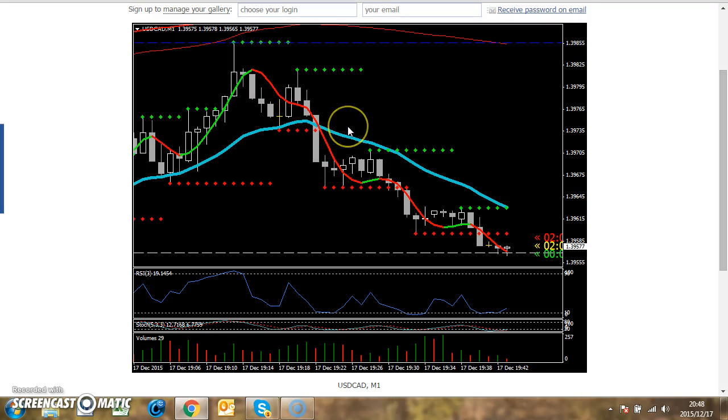Again, we are now between the two extreme indicators. What I have here is this indicator. This is a very simple indicator. It's a 20-day exponential moving average. This one is a 15-day simple moving average, but don't worry about this one. This one is the most powerful one. Basically, most people, if we look at charts and I say the price is above this moving average, it's an uptrend, and if it's lower than this moving average it's a downtrend. But I'm going to show you guys it's not always like this.